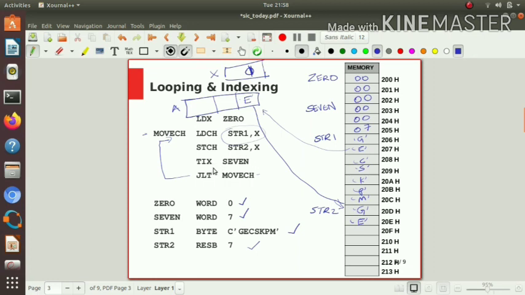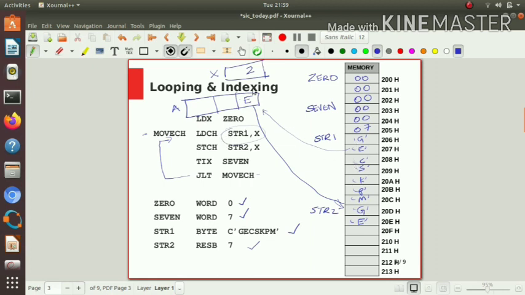Again TIX will be executed. TIX means increment the value of x, that is this will become 2. The X value will become 2, and that value is compared with the 7. So again here less than will be the condition code set. So JLT, jump on less than, to the move character instruction. Again jump to here, load the content of this memory location, that is str1 plus content of x, into the accumulator.